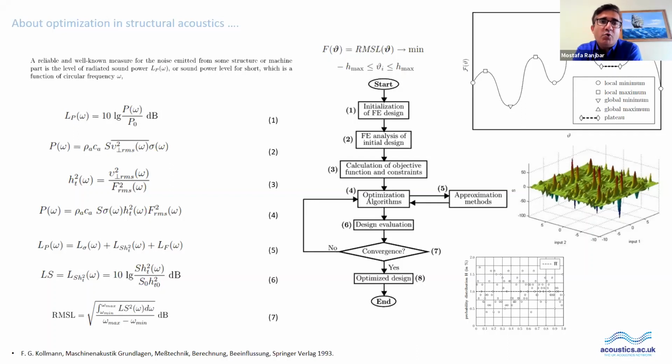The objective functions in structural acoustics are normally also highly nonlinear. So we have problems regarding the usage of second-order optimization techniques, because the objective function will not be convex. And we should consider investigating the whole design space in a uniform manner so that we do not miss some areas of the design space. So here you see that we should have a specific approach for searching the design space.